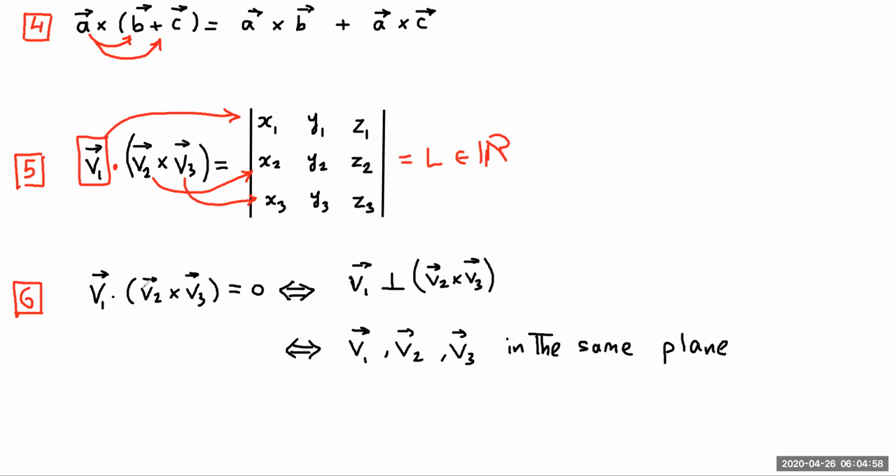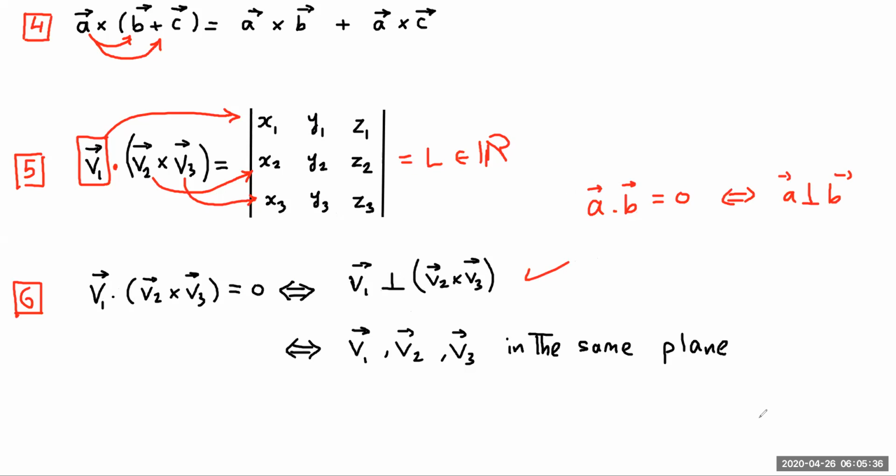Property number 6, if the dot product v1 with v2 cross v3 is 0, so this determinant is 0, and also now this vector v1 is orthogonal to v2 cross v3, because we have a property that a dot b equals number 0 if and only if a is orthogonal to b. This property is from dot product. So if this is correct now,